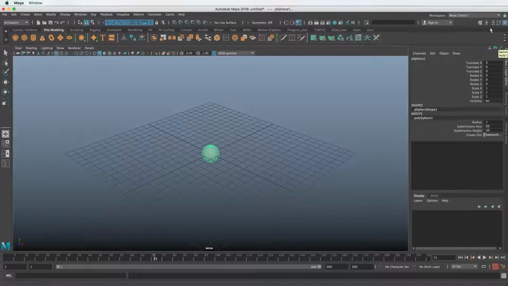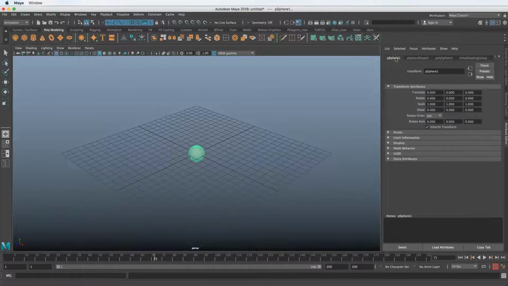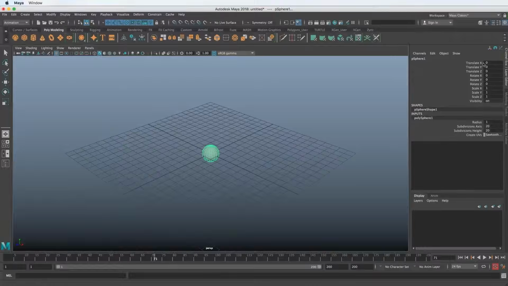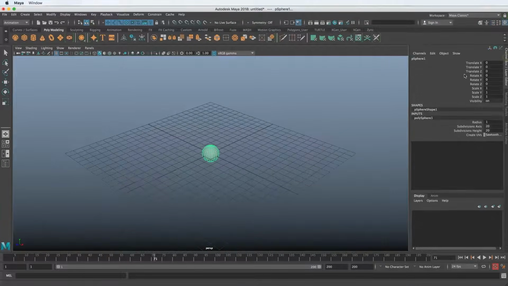If I go to the attribute editor, I can see this information displayed a little bit differently. I can see translate is all 0. If we go back to the channel box, we can see that's shown here as well. It's just the same thing shown twice, like we were talking about earlier. I want to help simplify this stuff in your mind so you don't feel like this is something different than this. It's not. It's the same thing. It's just in a different place.